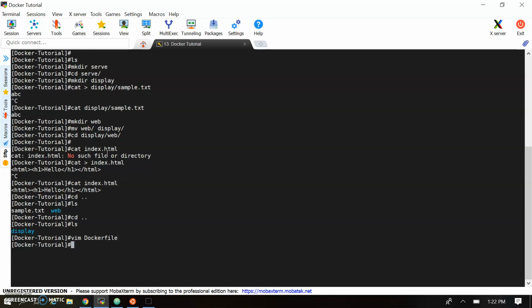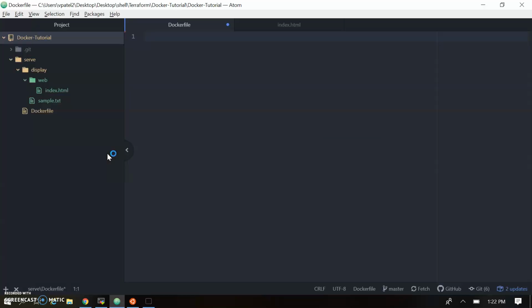So let's move to the IDE. This is the IDE. I'm using the Atom IDE. You can use the same. This is the structure we have created: under serve we created the display and web folders, and under web we created the index.html.